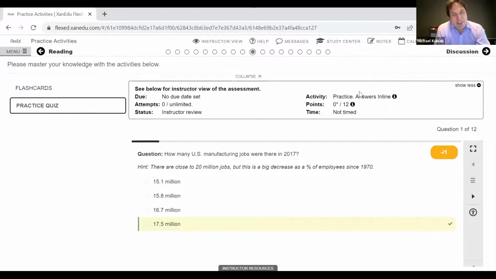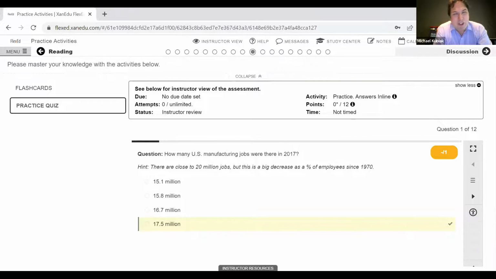Great question, Timothy. Yes, absolutely. In the same way we looked before at the range of editing features for all of the content, this is another great example where if you wanted to remove hints, remove the ability to check answers and use these more as traditional assessments, all those changes can be made either directly on your end, or that's the kind of work that XanEdu can assist with to do that course-wide for you.